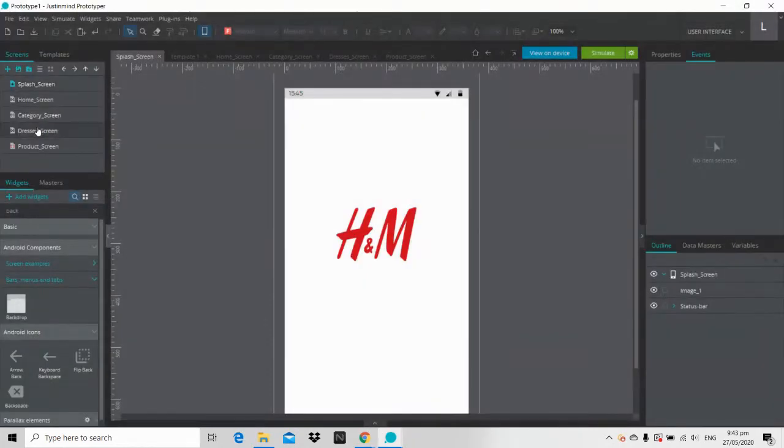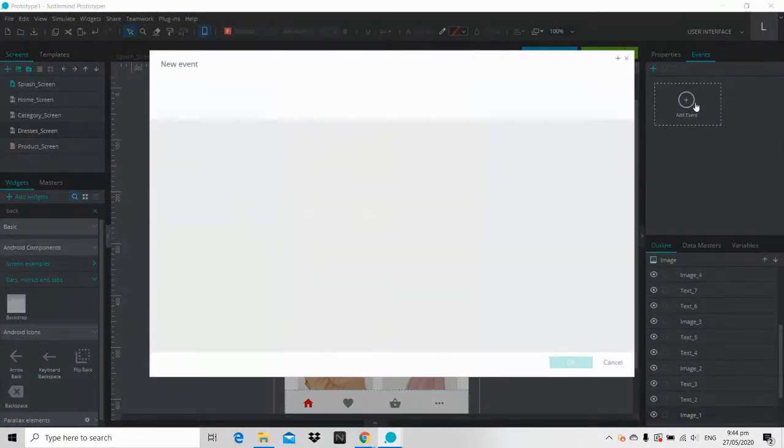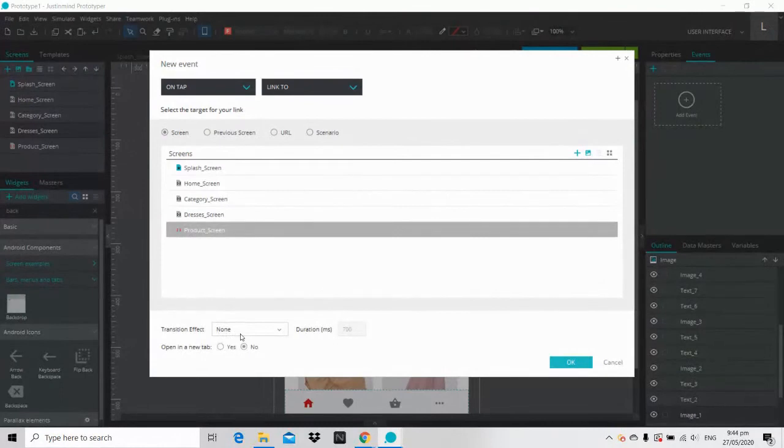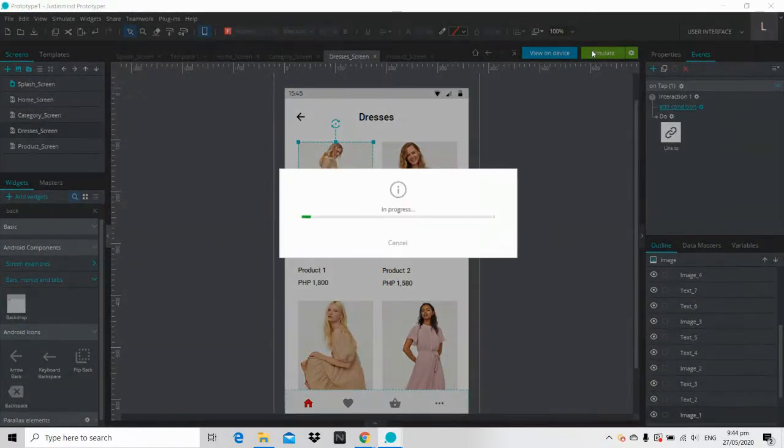Okay. Sige. Dun sa dresses screen, go to the dresses screen and then click this image and then click add event. So basically, we're just gonna link this to the product screen anyway. Then, sabi natin fade na lang. And then click OK. So, pag sinimulate na natin siya,